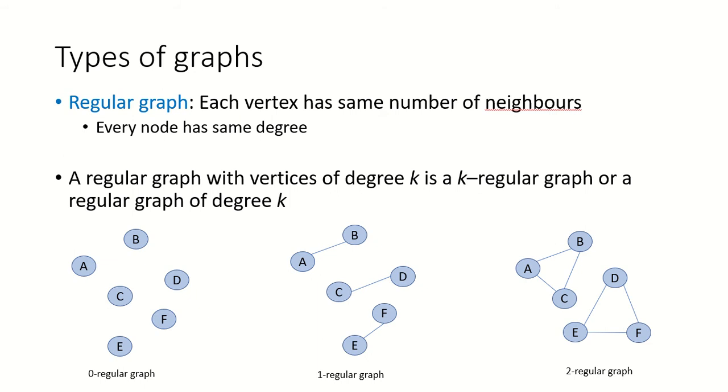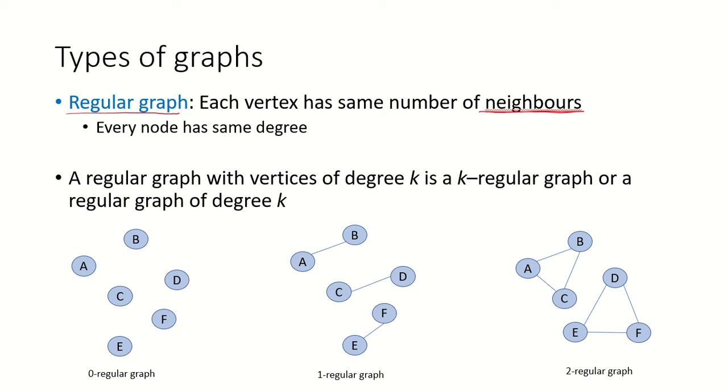In an earlier video where we were discussing graph terminology, we looked at different kinds of graphs like directed graphs and weighted graphs. In this lecture, we are going to take a look at some other terms. One of these is the terminology which refers to a regular graph. Here, in a graph, each vertex has the same number of neighbors. And what is the definition of neighbors? The neighbors are nodes which are connected with an edge.